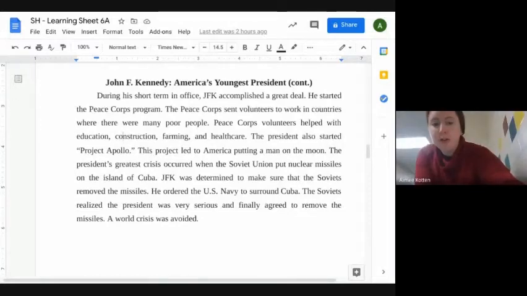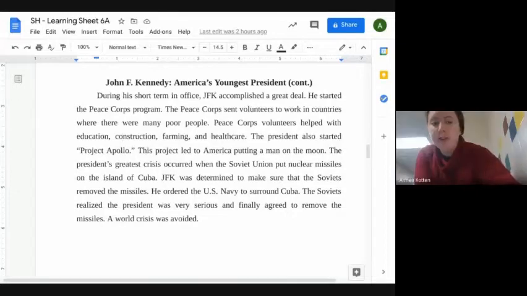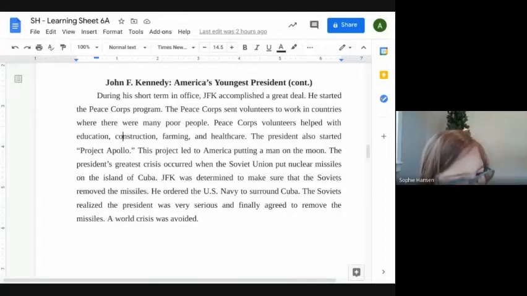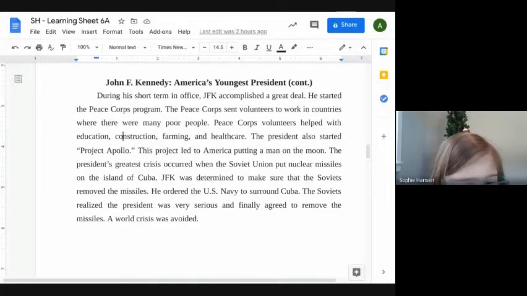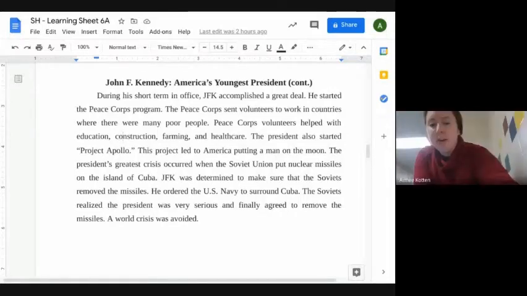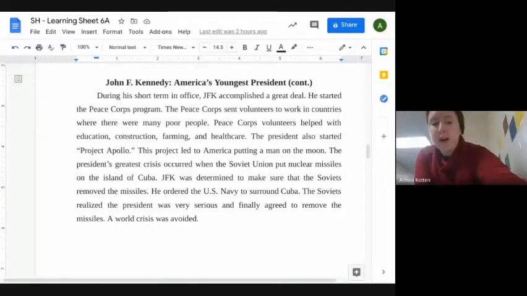Peace Corps volunteers help with education, construction, farming, and healthcare. The president also started Project